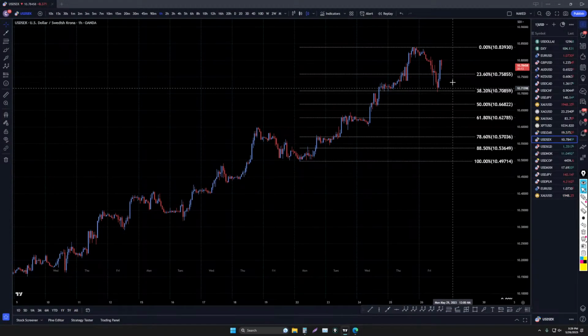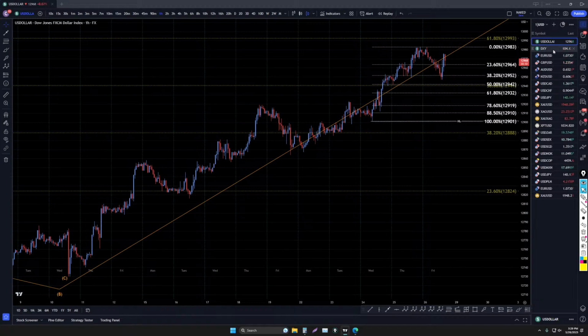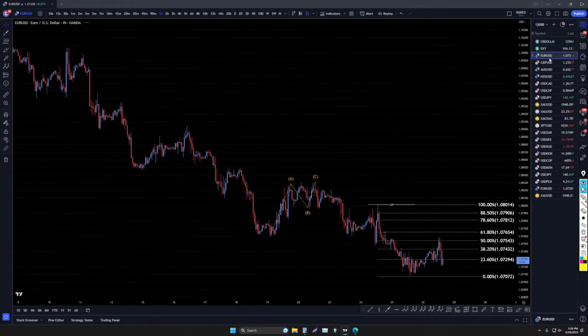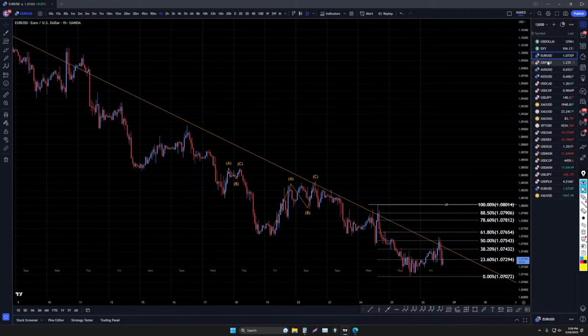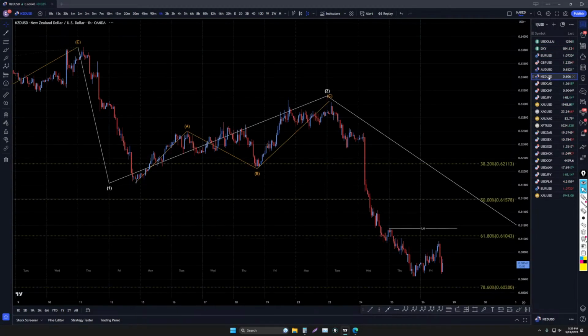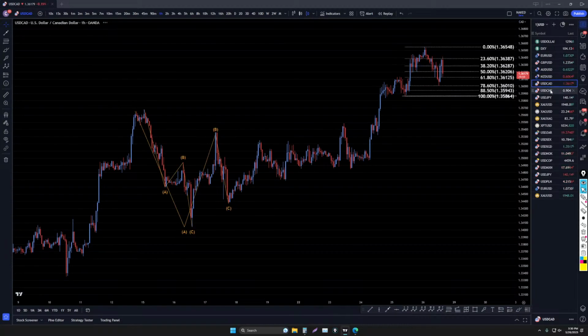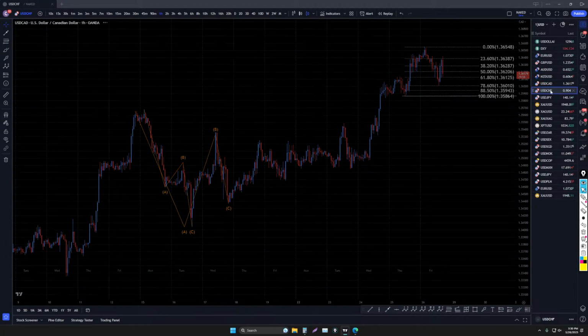Let's go back one more time just to look, because it is pulling back. It looks like the dollar is going to try to make that one little push, that one little push down or up. But I would definitely expect that it's probably not going to go too far at this point.